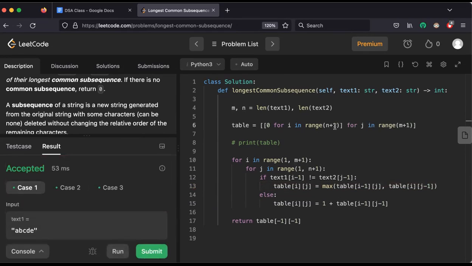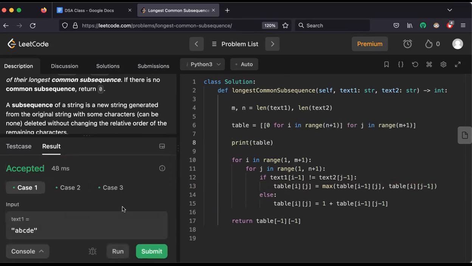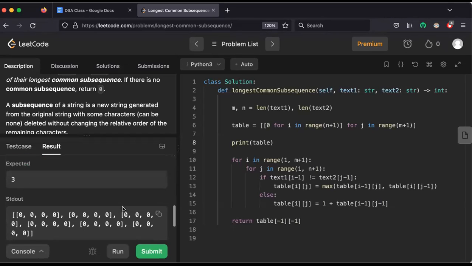Okay, I think I just built the table wrong. The table should not be like this, because I had M here before and N here before. So that means the rows and columns were flipped because of how my loops are. Like I'm iterating through the